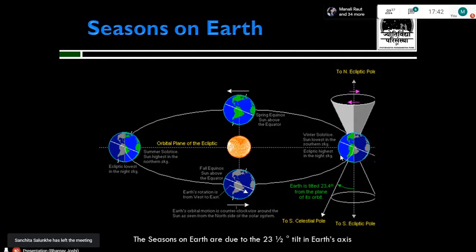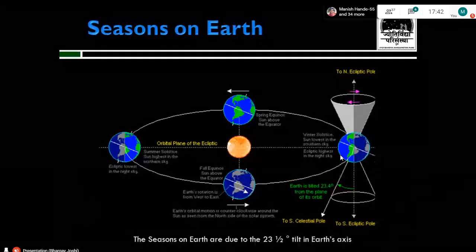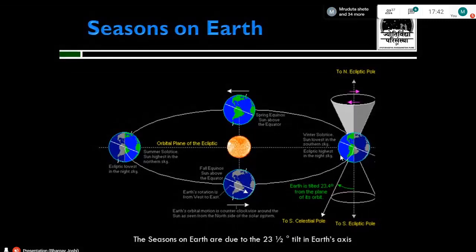After winter solstice, the earth is moving ahead in the clockwise direction. The next point which comes in, as you can see on the image, is called the spring equinox. This is actually where the spring season starts in the northern hemisphere. So remember, everything that we use as a parameter is treated with respect to the northern hemisphere. Okay, there are certain calendars which also make use of the southern hemisphere, but most of the astronomical treatises use the northern hemisphere.